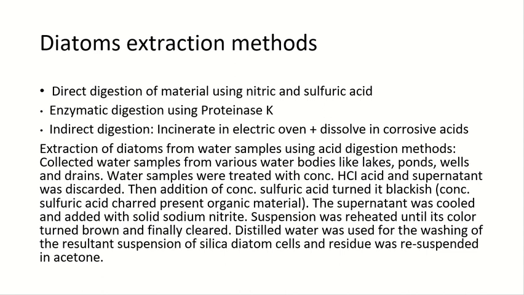First, collect the diatoms from the water body and treat them with acid. Here we use concentrated HCl. The supernatant is discarded. Then add concentrated sulfuric acid, which will turn the material blackish due to charring